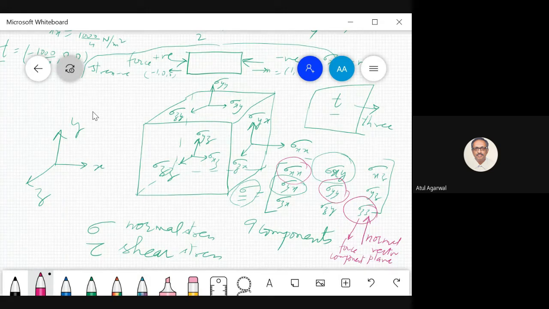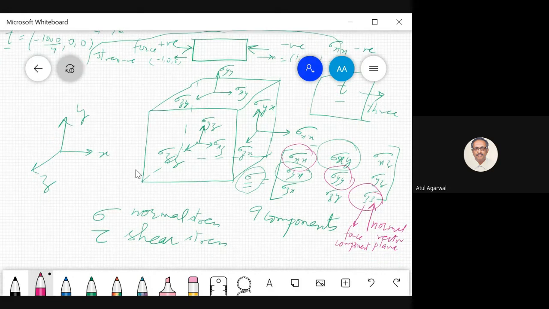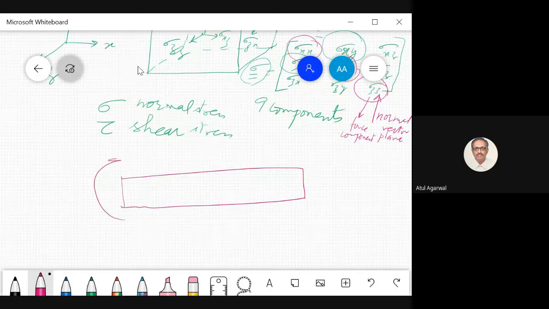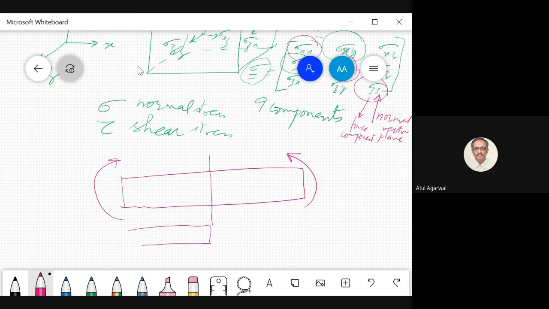So actually, why do we need it? Now what happens is, you take a body, have you all tried to break a chalk? You take a chalk, you apply a load like this. What you are doing to the chalk? You are bending it. Try to bend the chalk. So how will it fail? You just test it out someday. It will break like this. It will split into two pieces.